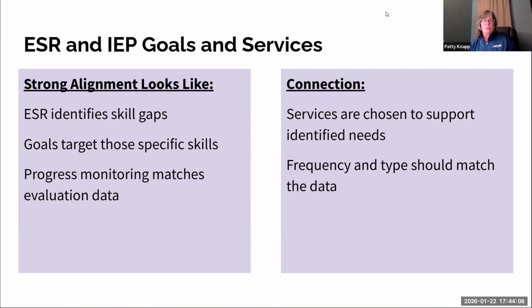Progress monitoring matches the evaluation data, so we want to make sure we're taking data for progress on the goals identified that match the evaluation deficit results. The related services are chosen to support identified needs, and the frequency and type should match the data. So there should be a connection there.